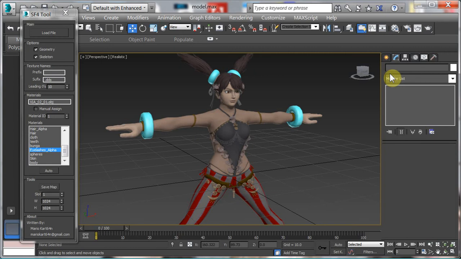Alright, this is another video pertaining to the Mac script for importing Streetfighter 4X Tekken models. This is just meant to be a more in-depth technical discussion about the importing and stuff like that. Now, I introduced the Mac script in the last video, but basically we just hit the import button once